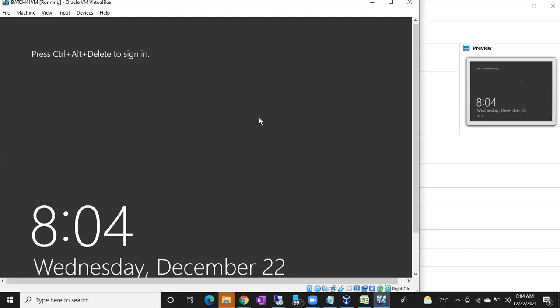You cannot use just any control key. There are two control buttons on your keyboard. One is on the left side, another is on the right side, near the arrow keys. Use the right side control key, not the left side control key. Use that control button plus the delete button.